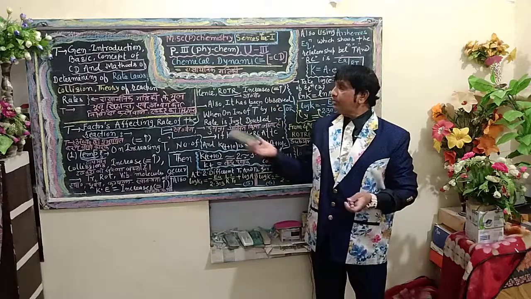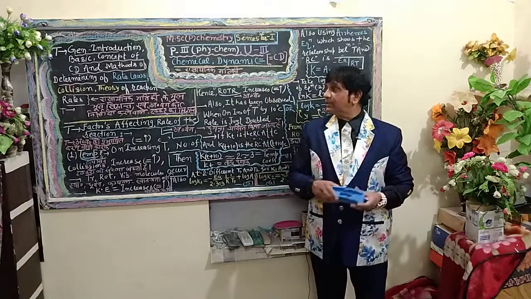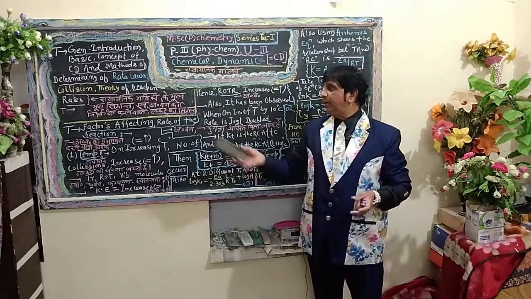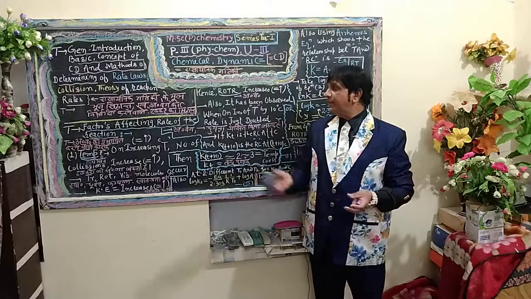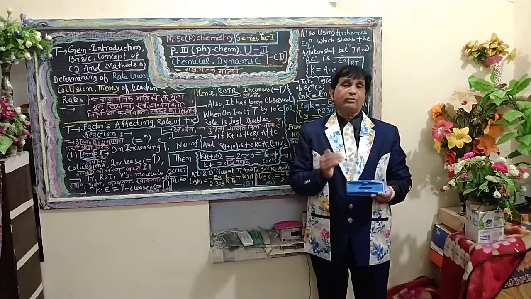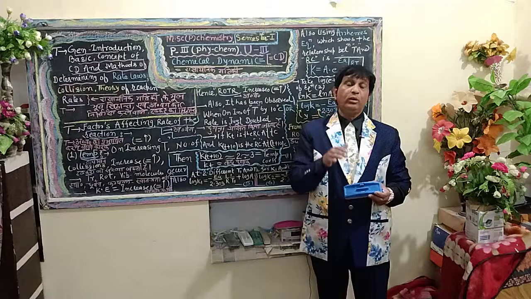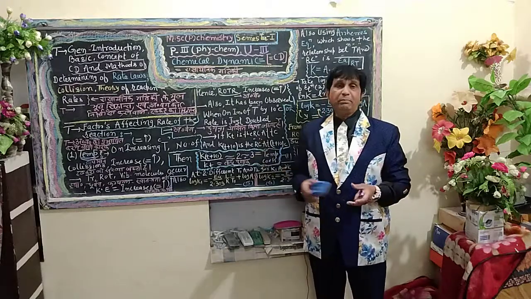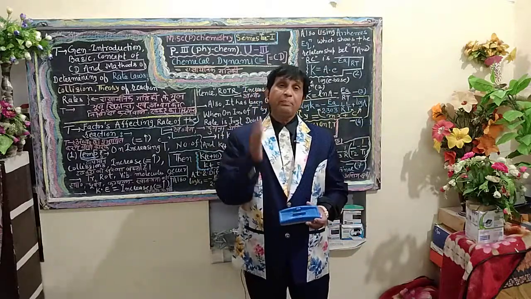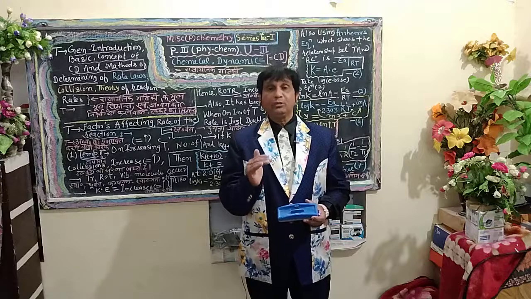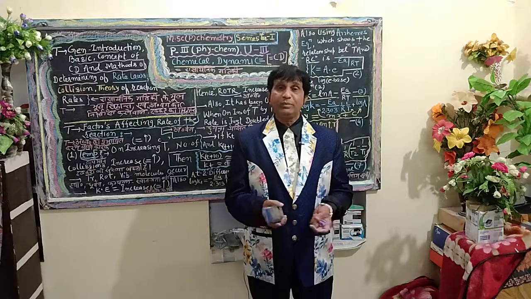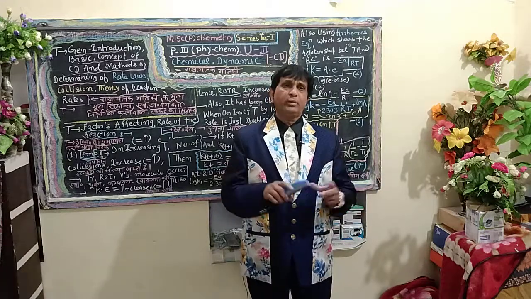Now, next, today I will deliver the general introduction and basic concept of chemical dynamics, and next, the fundamental factors affecting the rate of reactions. When I ask all the MSc chemistry students how they will influence the velocity of a reaction by temperature, they simply answer that on increasing the temperature, the velocity of the reaction increases. But what are the essential phases, postulates, and steps by which increasing temperature increases the velocity of the reaction in the forward direction?